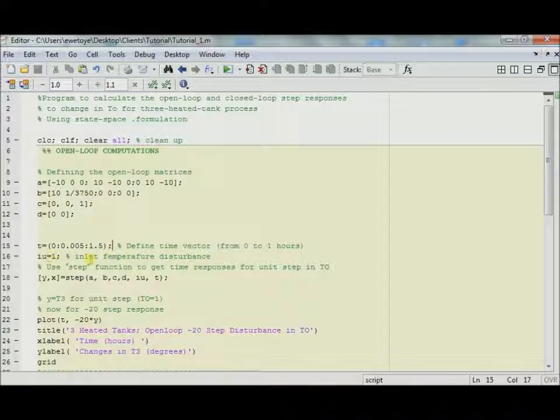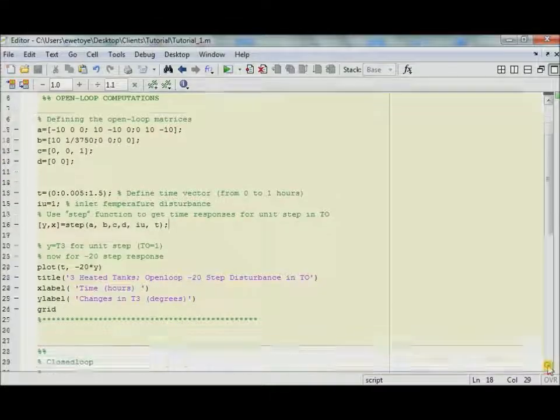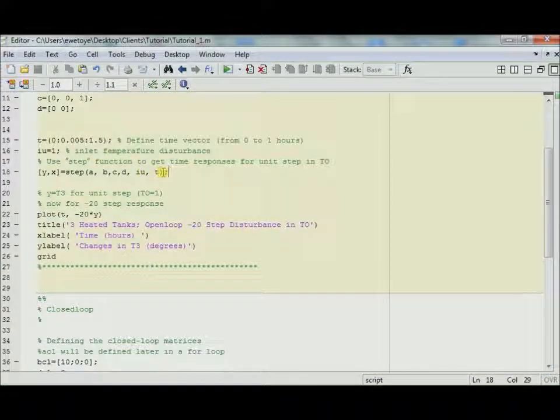To get the time response for a unit step in the inlet temperature disturbance T0, we invoke the built-in step function, which in the case of state space representation takes the constant matrices A to D, the disturbance matrix U, and the time vector T to produce the unit step response,